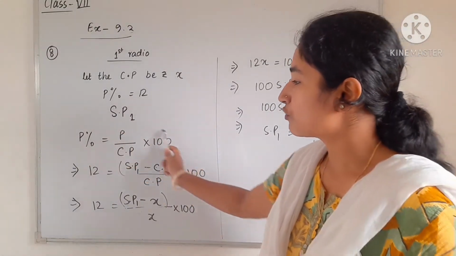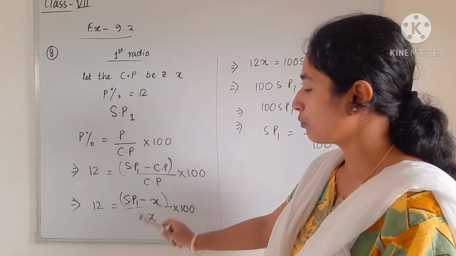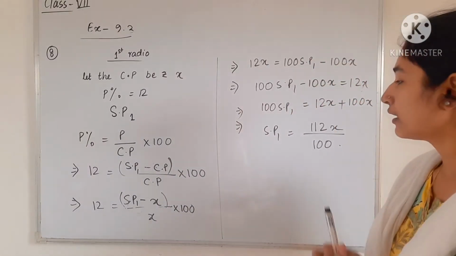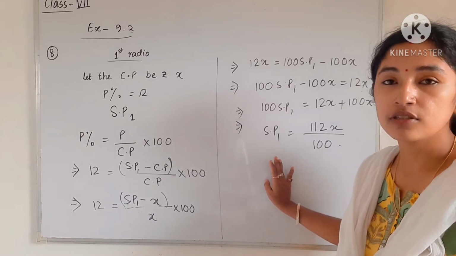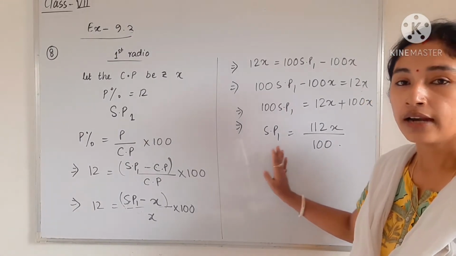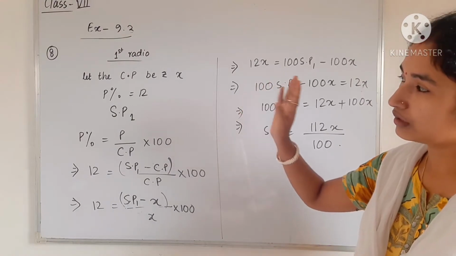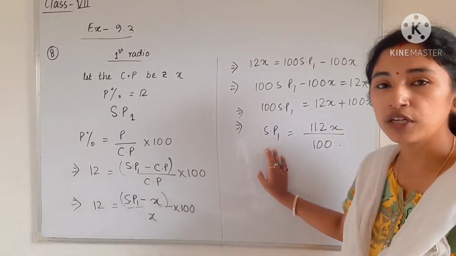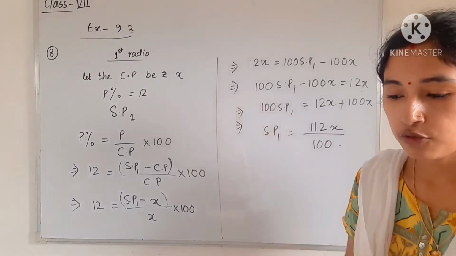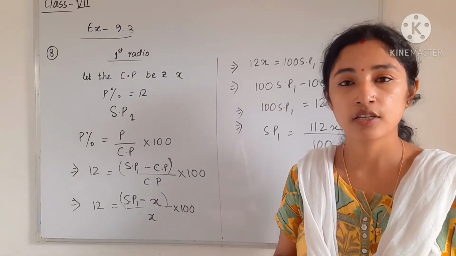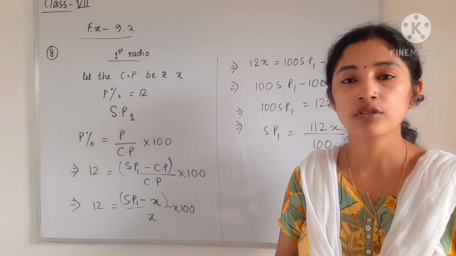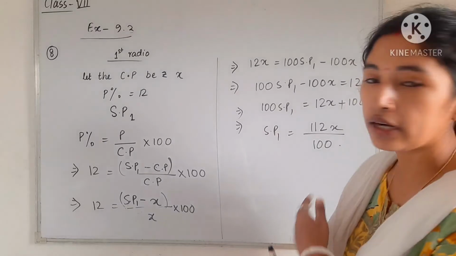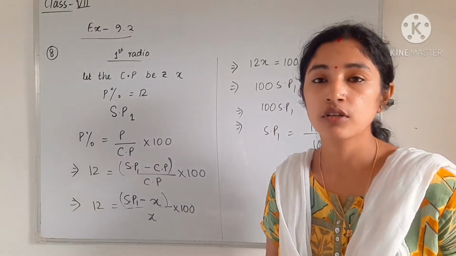Okay, so here we are taking the selling price of the first radio as SP1. Using the profit percentage formula, we will put in all the given conditions, and after simplifying, finally we have to find SP1, that means the selling price of the first radio. And similarly we have to do the same for the second radio also. That means for the second radio also we have to find SP2. And next what we have to do? We have to write SP1 minus SP2 is equal to 125 because it is already given in the question. Students, like this only, you have to find SP2, that is the selling price of the second radio.